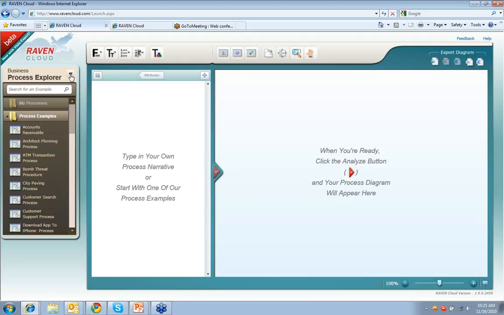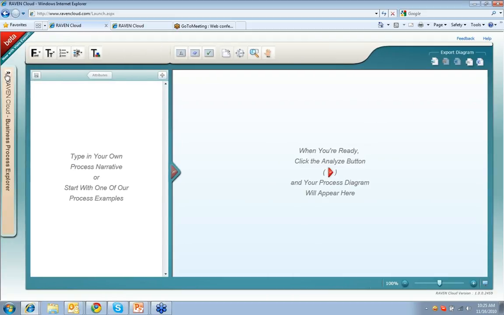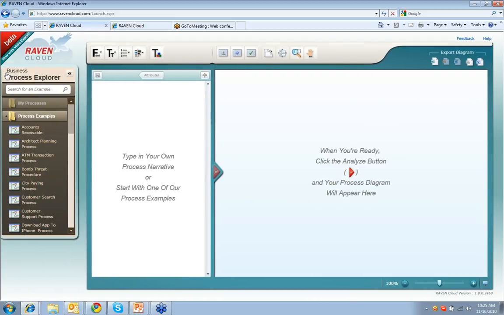on the left that you can collapse and expand as you need to. It comes for free account holders, it comes with a set of process examples or templates, if you will, that are just selections of processes across a number of industries, just to help you get started, to give you some working examples of business processes that you could follow, understand how they're written, and then apply what you learn to